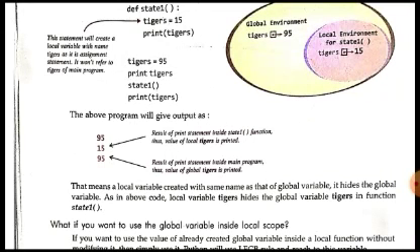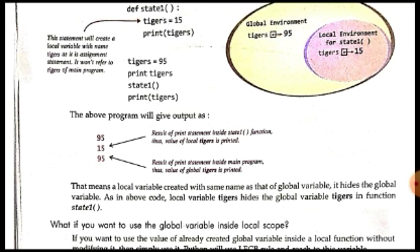And then when we come out of the function, in the last line of the main program we are again printing the value of the tiger variable. So what is this last value? This last value is actually the value of the original variable, which is the global variable. This value is unmodified because it remained unmodified by the function. Why? Because inside the function, the same variable name was referred to in the local scope also, so a new variable was created with the same name. And because it was local, it existed only inside the function definition.